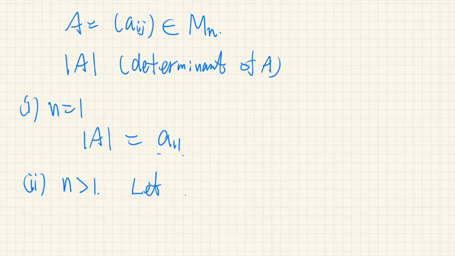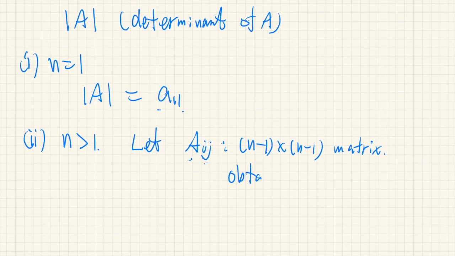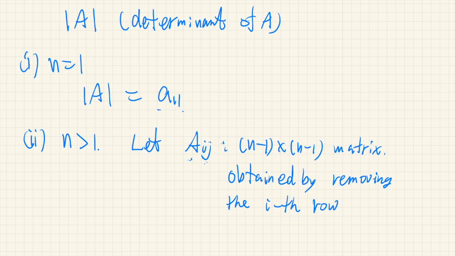Let capital Aij, so don't confuse this with the element aij, but it's okay, we define this capital Aij as another matrix that is an n minus 1 by n minus 1 square matrix, that is obtained by removing the ith row and jth column